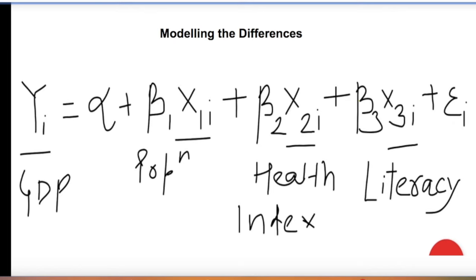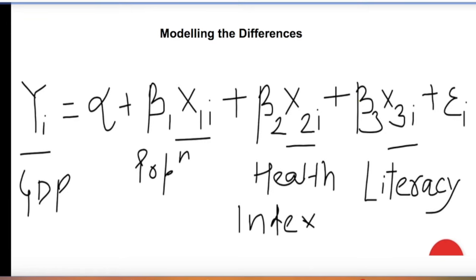So you would have many more factors. But the art of good modeling is not to place too many factors, because then you are just losing out on the importance of each of these variables. So the art of good modeling is to capture maximum variability in this GDP with as few factors as possible. Basically, you have to identify the most important factors.